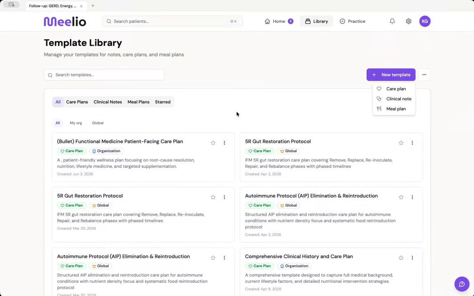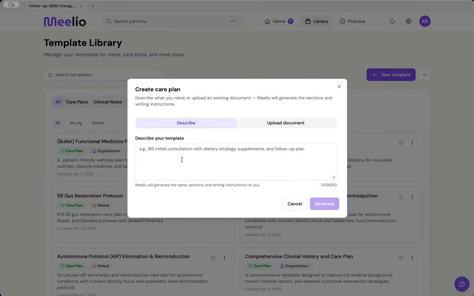With this one, I'm going to generate a care plan. When you generate a new template, you can either describe it with plain language, or you can upload a template of one that you've used previously. It can be filled out as well, or you can quickly create your own and upload it, or use an existing one if you've got one. And it's all AI assisted, so if you select generate,